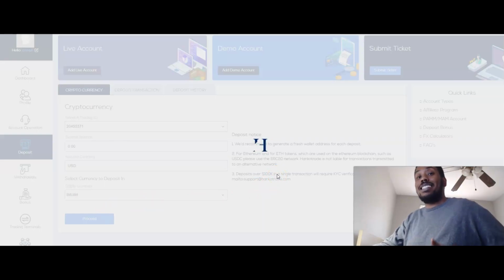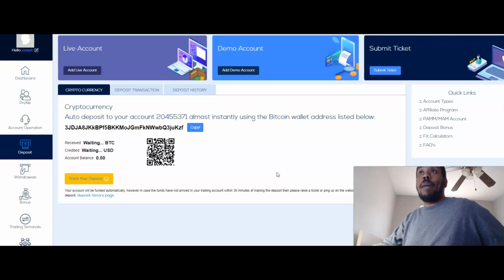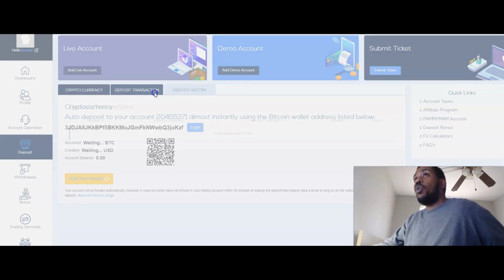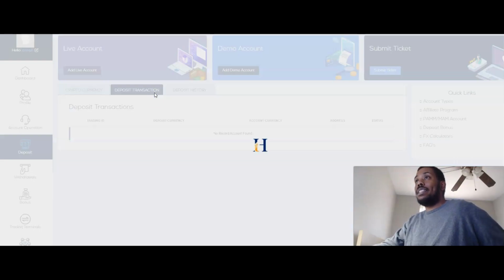Bitcoin address for us to send the specific amount of Bitcoin that we're looking to send, which in this case, since we have to do a minimum of $1,000 for the ECN Plus account, we're going to take our Bitcoin address that it gave us, and we're going to send the Bitcoin over. Now, typically, I notice when I send money over, it typically takes maybe 30 minutes tops. Might even be 10 minutes. 30 minutes might just be a little bit drastic, but what you will actually see, because we did